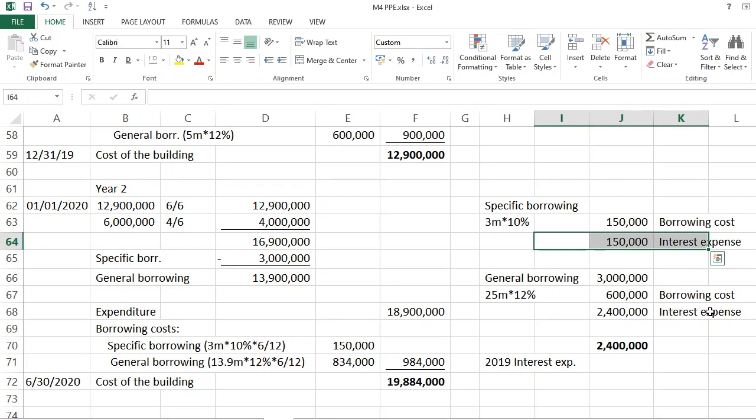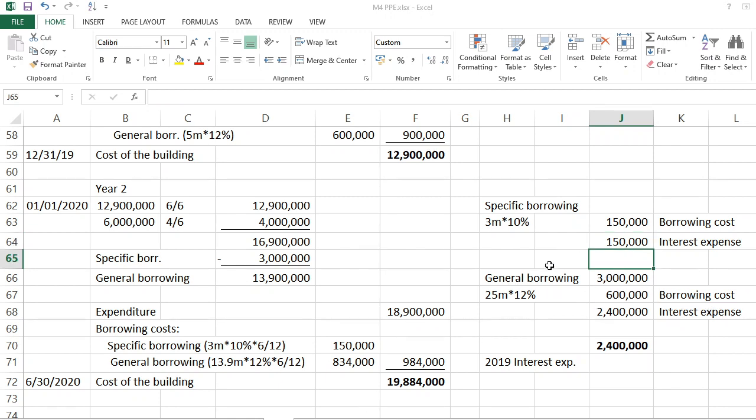The bank doesn't care what you do with it, whether you treat it as borrowing cost or interest, as long as you pay the interest. Therefore, we still have to pay 150 for the remaining 6 months. But again, according to standards, you no longer need to capitalize it to the cost if the construction is finished. Therefore, the remaining 6 months from July 1 to December 31 will be considered as an expense. Okay po ba tayo?